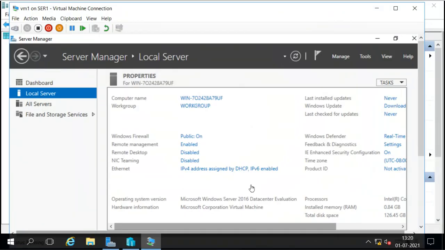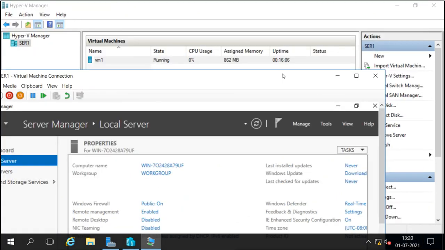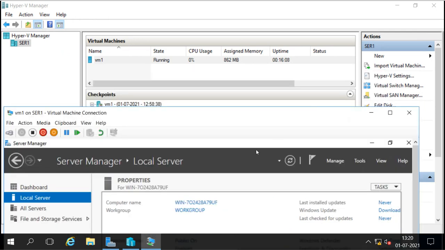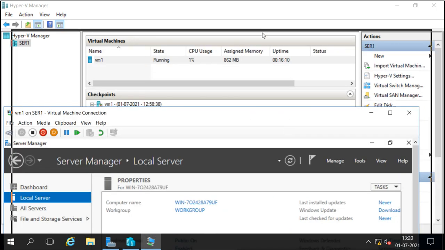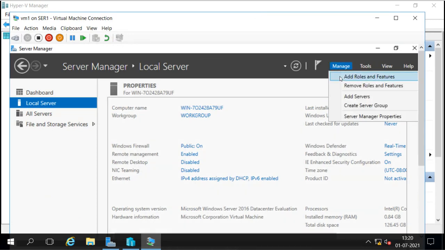Now this is our virtual machine which we have created under this Hyper-V. Can we do that here in this virtual machine? Let's say I will try to add the role of Hyper-V here. If the role is installed, that means we can create virtual machines.